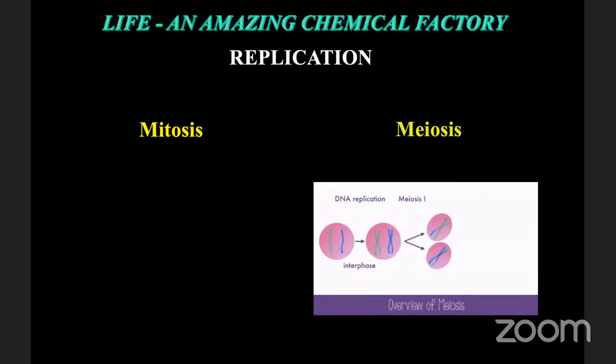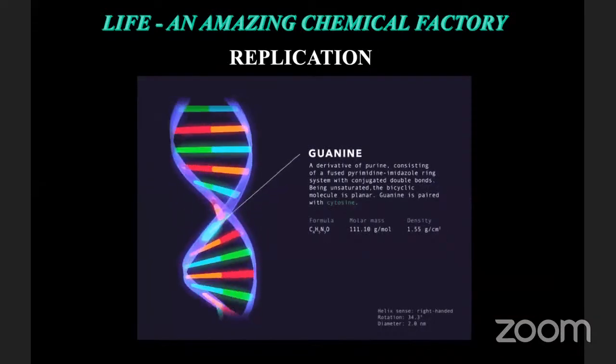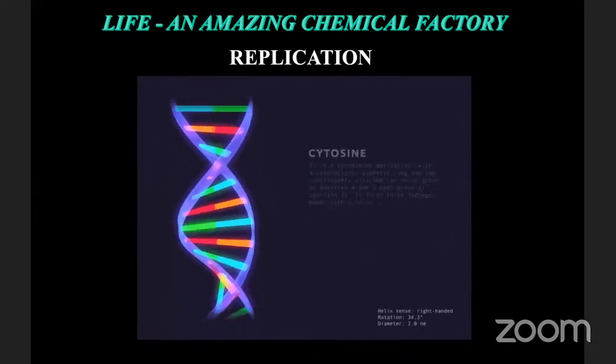In the first division, it is very similar to mitosis, the cell division, and it produces two diploid cells, but then again it divides into two haploid cells, which move from one generation to another generation. Now this transfer of exact information from one generation to another is carried out or controlled by the double helix, the DNA, which is a molecule called deoxyribonucleic